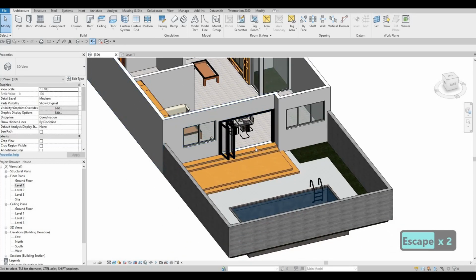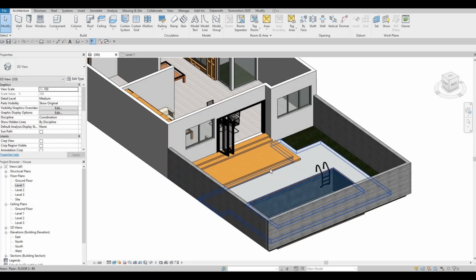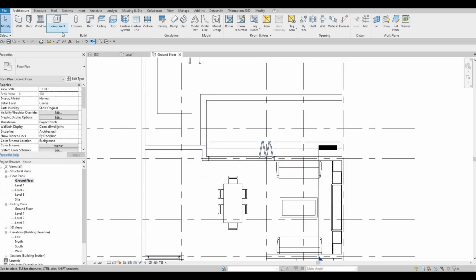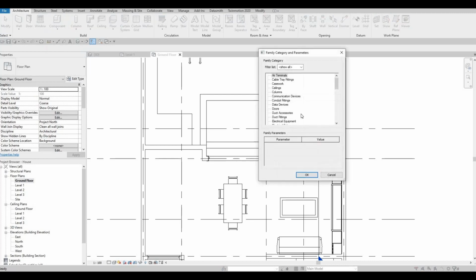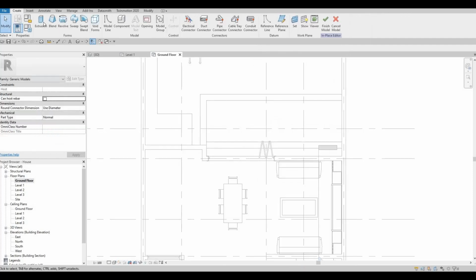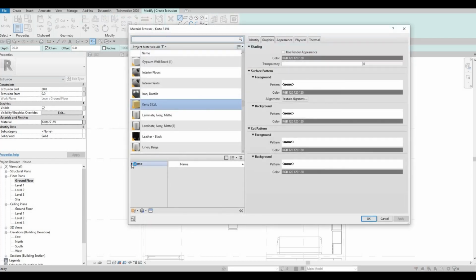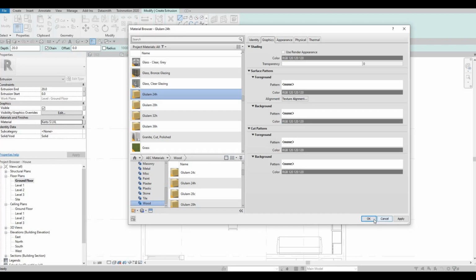And then now we can start adding our pergola. What I want to do first is to add 2 posts. So now let's go to ground floor and we're going to set a model in place. So click on component drop down, model in place, and then here generic model. After this, extrusion, and then here we're gonna set a wood material. I want this wood material to be consistent, so I'm gonna use it all the time. So 24H Lulam,